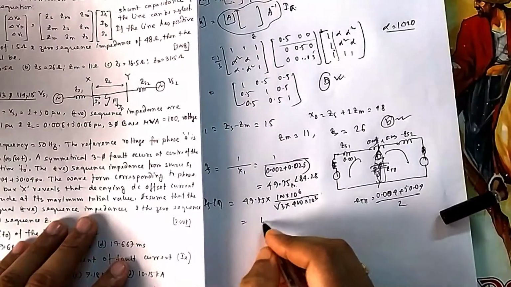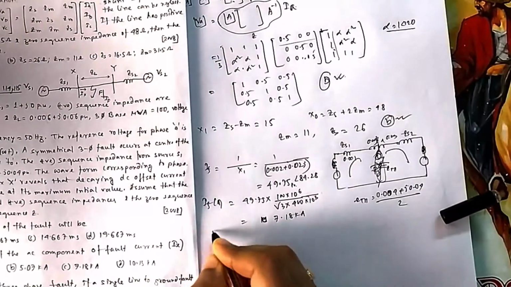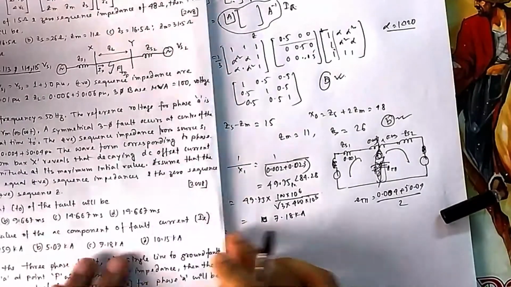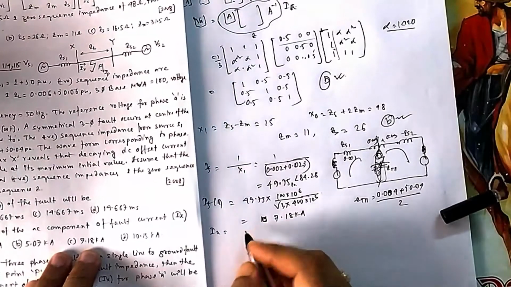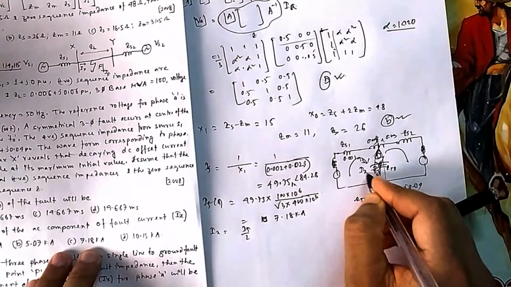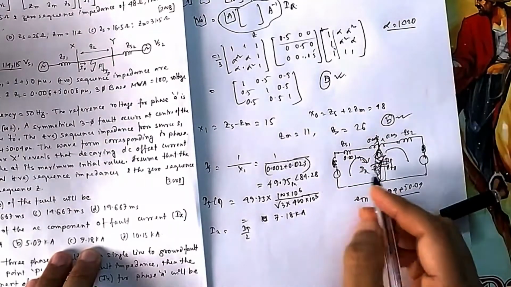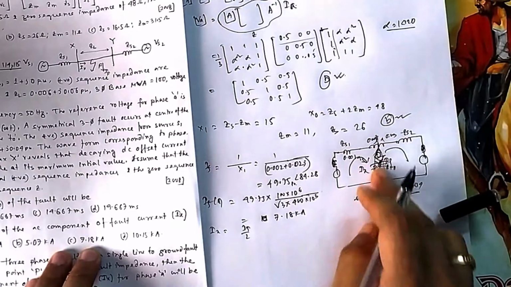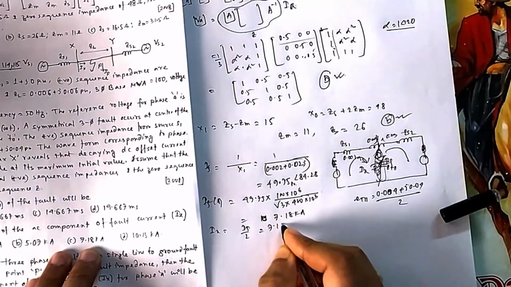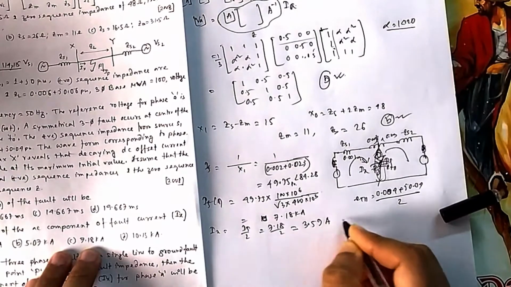Doing this, it will be 7.18 kilo ampere, but they have asked you IX. You will see that this is also an option, but this is not the answer because IX is half of this one. They ask you to find this current, because the fault current, this is your IF, is the summation of these two equal currents. So IX will be half of the total fault current. So 7.18 divided by 2 is 3.59 kilo ampere. That is your option A.